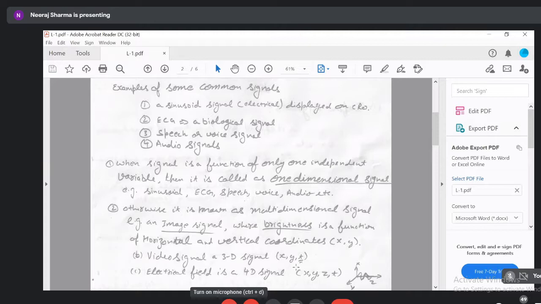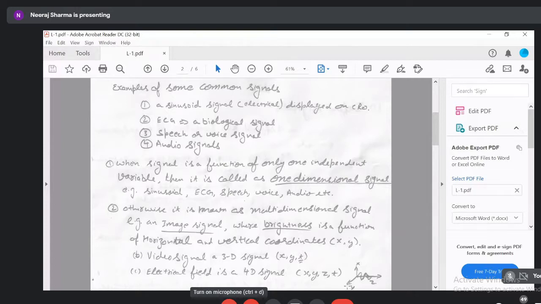For example, the electrical flux, आपने पढ़ा होगा, physics में भी पढ़ा होगा. Electrical flux is a kind of a 4D signal because we define the electrical signal or the electric field with the help of this particular diagram where we have x, y, and z, 3 different coordinates, right? And we will say that the electric field is moving or propagating along the z axis, right? So उसका मोशन जो है वो z एक्सिस के अराउंड है, वो x एक्सिस के अराउंड भी हो सकता है और y एक्सिस के अराउंड भी हो सकता है.